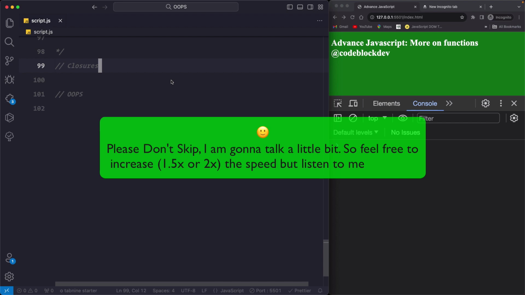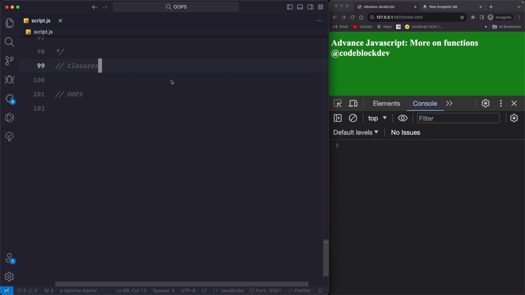Closure is one of the most misunderstood concepts related to functions. Closure is so difficult to understand, at least it is represented as such, that many experienced developers don't understand the mechanism behind it. They fail to draw the analogy of how a parent function which has an anonymous function, even after executing the parent function, how the anonymous function is still getting the data of the parent function. Now I'm getting a bit termy here, so we are going to talk about terminologies in a moment.